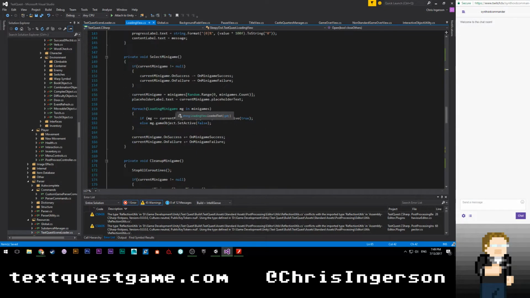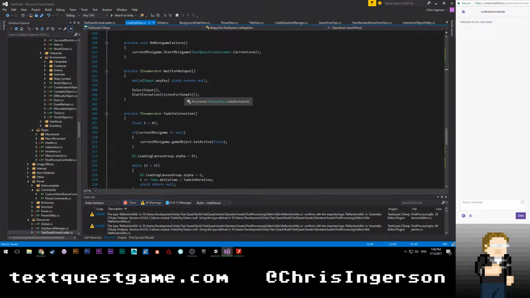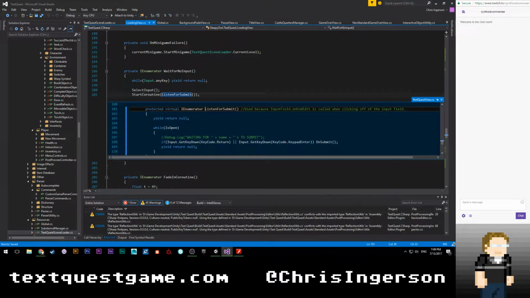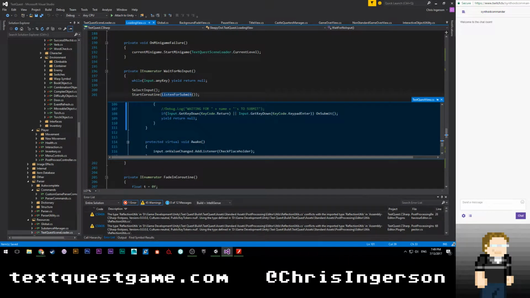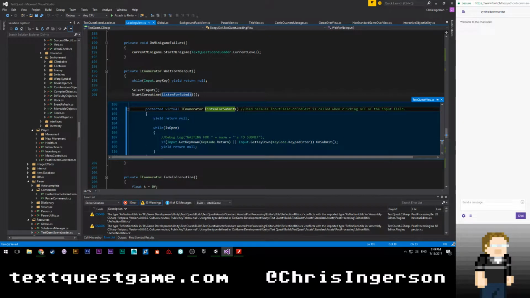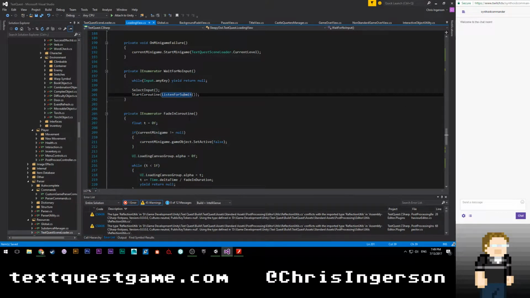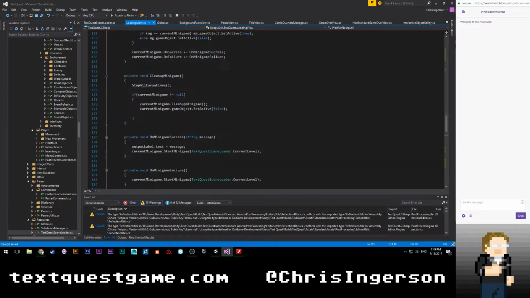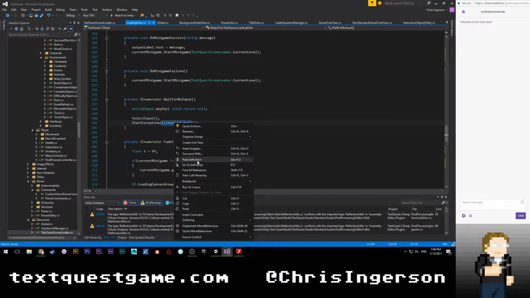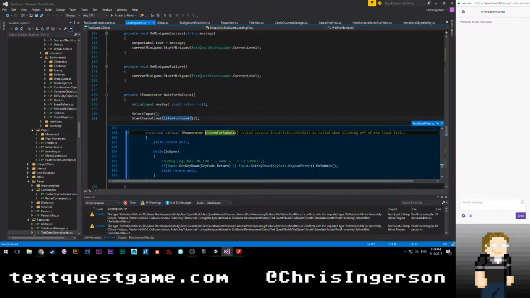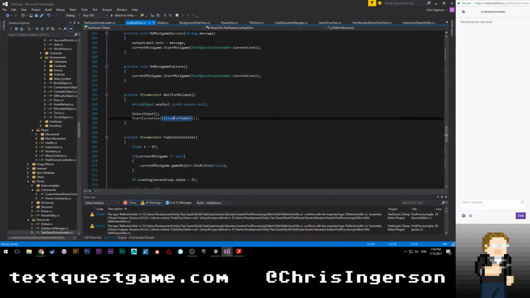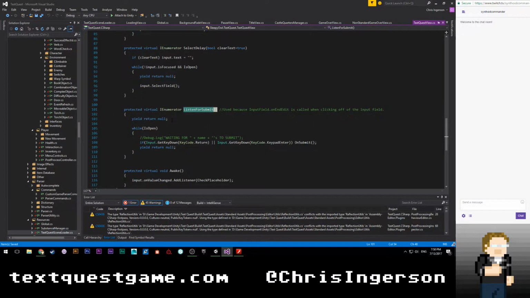Start load, finish load, save, blah, blah, blah. Let's go down here, start coroutine, listen for submit. Right, so this is going to be a problem here, listen for submit. Because it's what listens for enter to be pressed. And if I don't start that coroutine right away, it won't really work very well. So, okay, hold on. Let's go to peek definition. Okay. That means that I'm going to have to add a thing here. So let's go to definition.